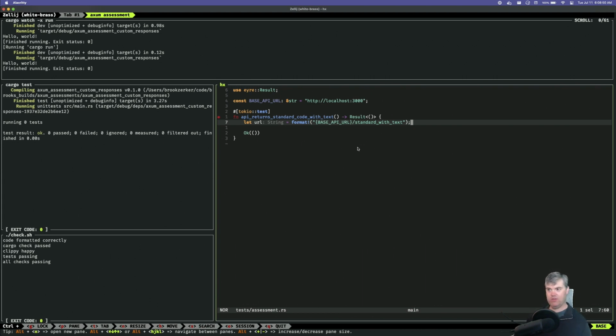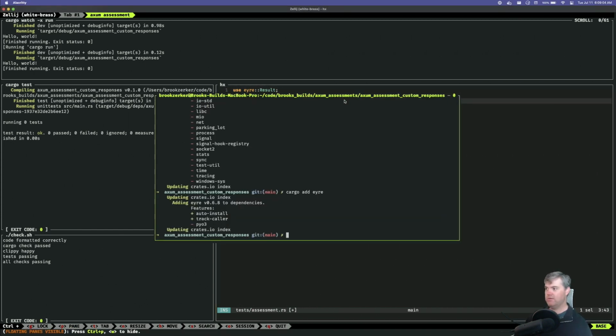Okay, so we have let URL equals that. I want to make the request now, I guess, but in order to do that, we need to add request in. I also need to be focused on the window. I don't have request in here?